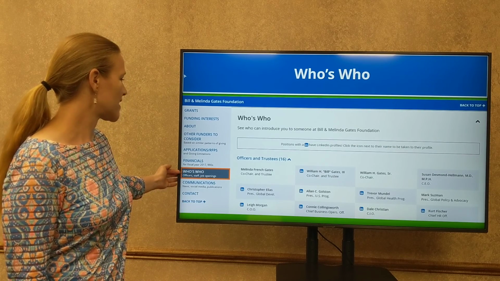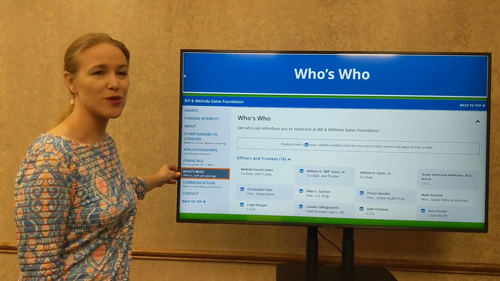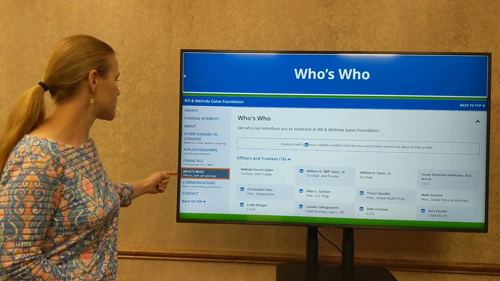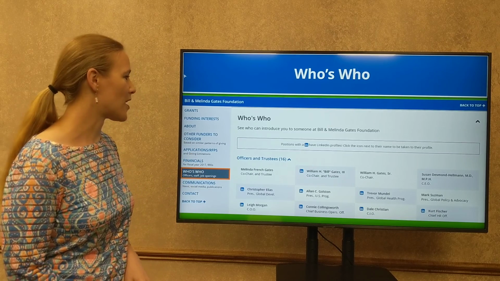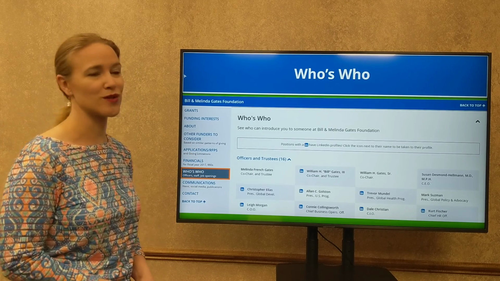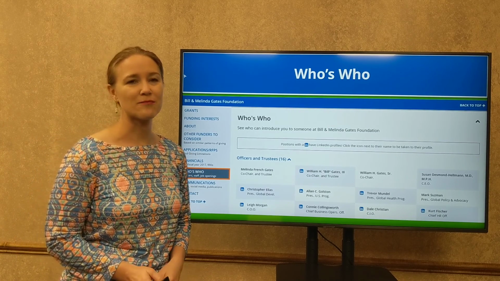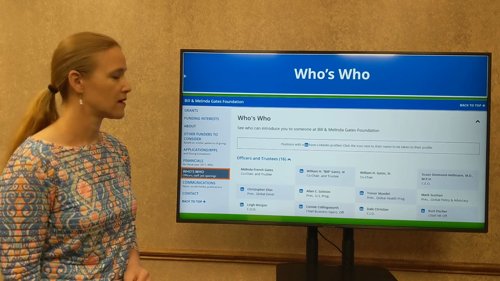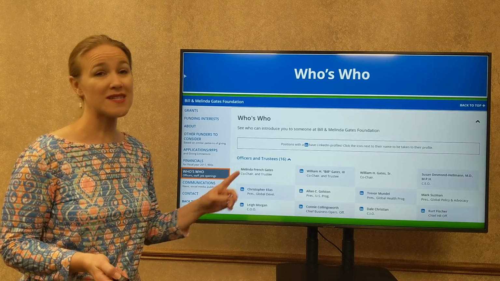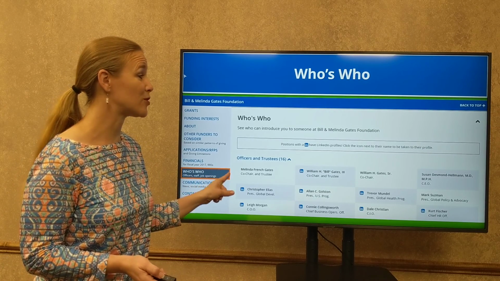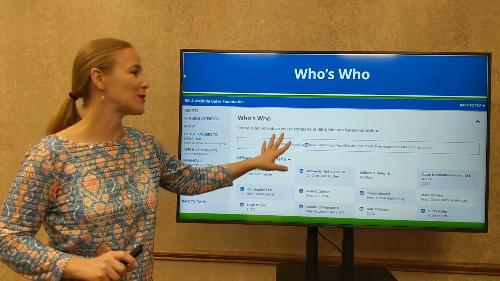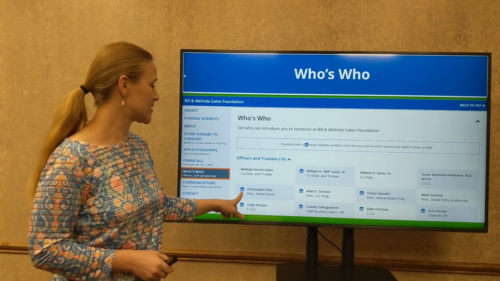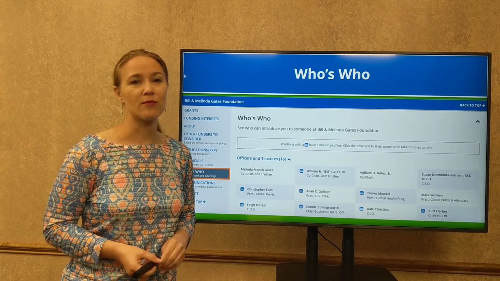The other portion, something else you can look at, is the Who's Who. If you feel like this is a good one that you want to pursue, you can go to the Who's Who section. It tells you who their officers and trustees are. It tells you who their staff are, and potentially if they have any job openings. The reason this is important is because if you know somebody, or if you know somebody who knows somebody who is connected here, you can connect that way. You can connect through LinkedIn if they have the blue LinkedIn